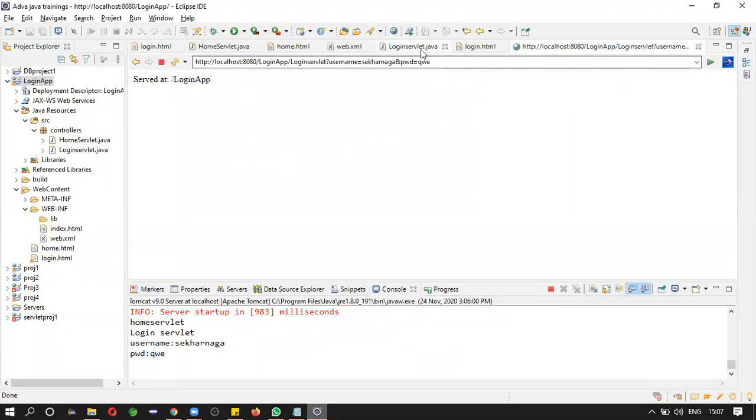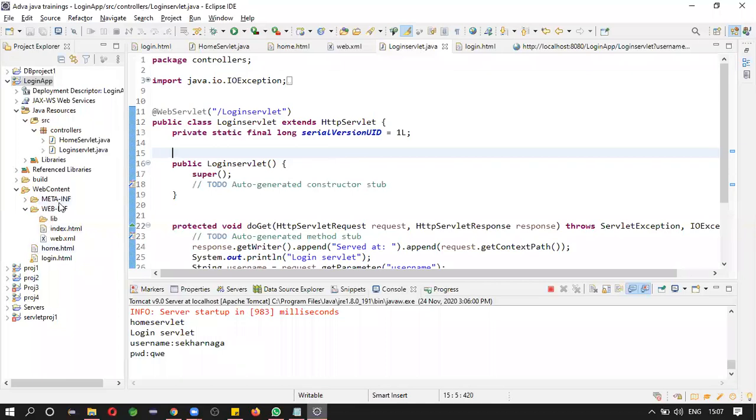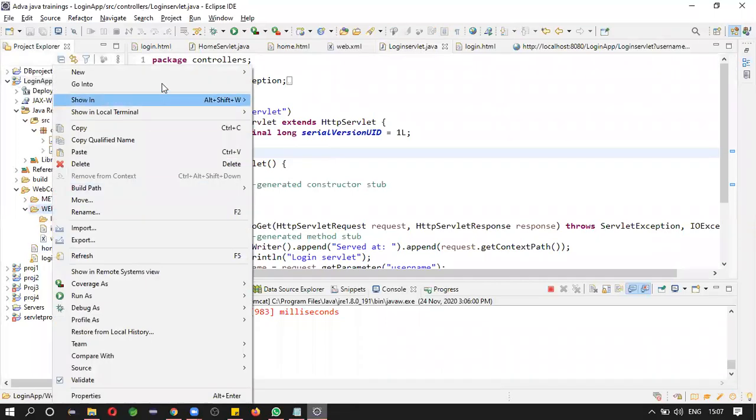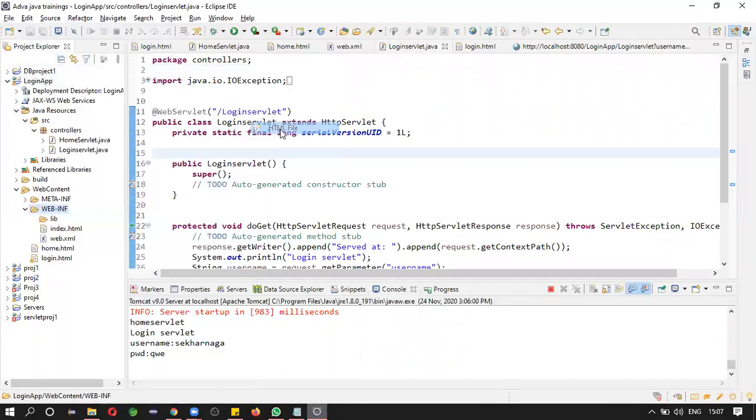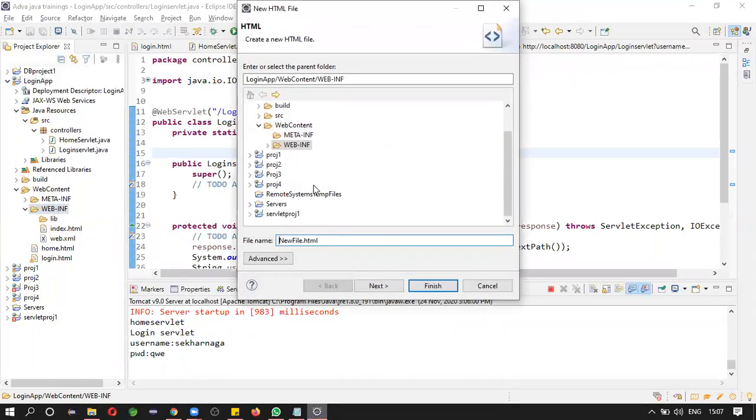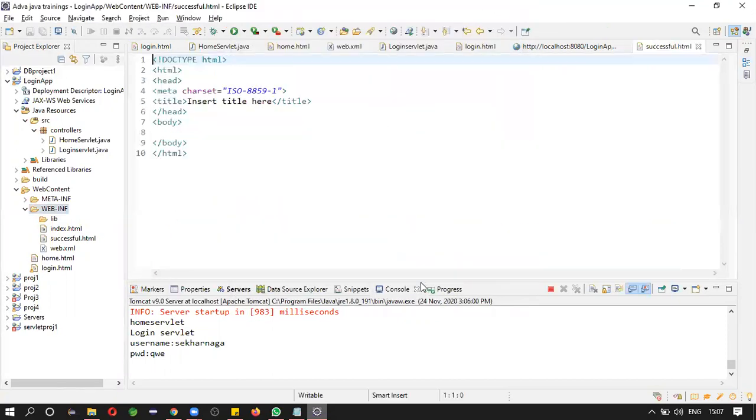So let us create one more HTML page which shows the successful message, successful.html.